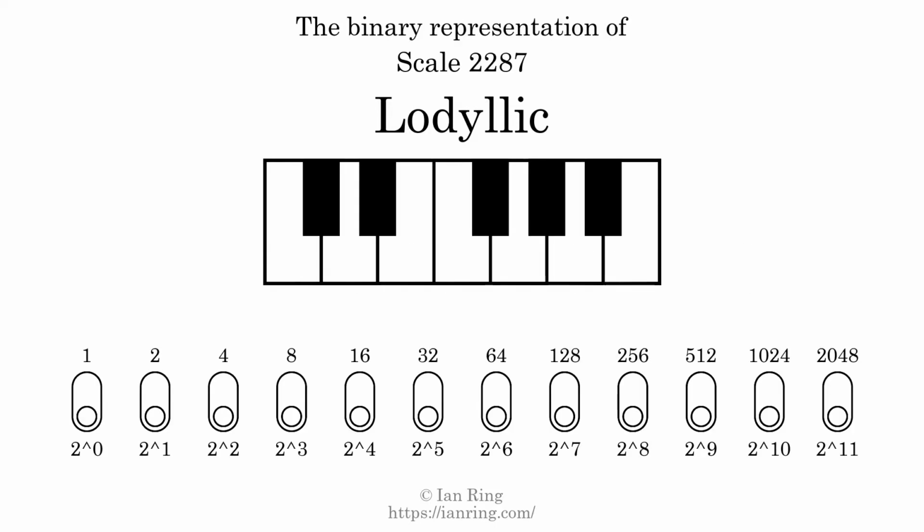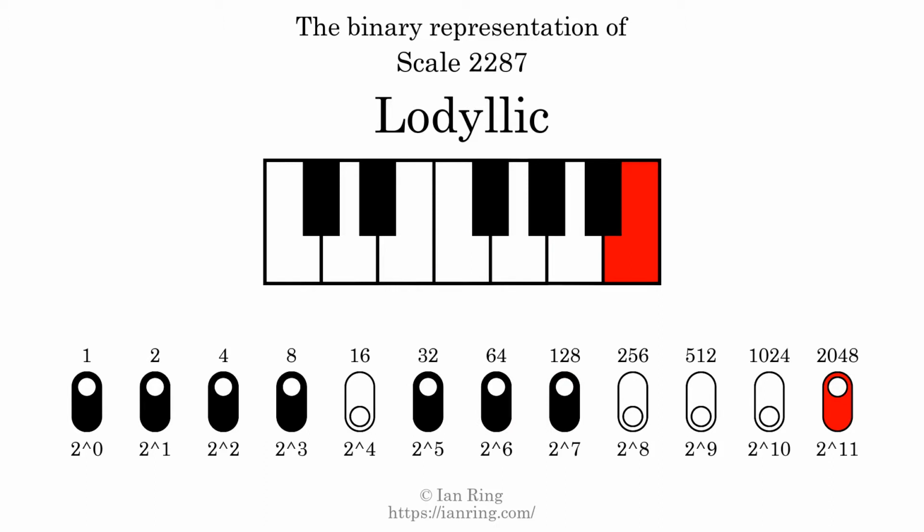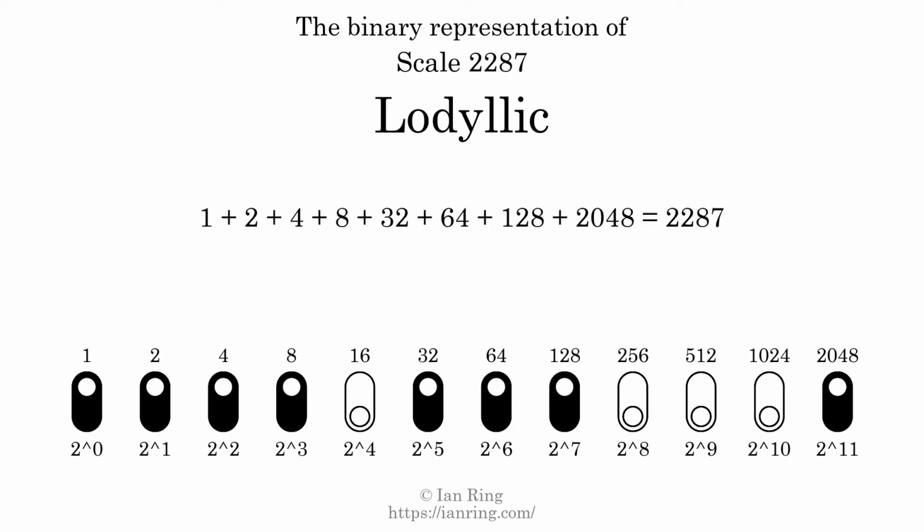The binary representation of this scale is determined by mapping tones of the scale to binary digits. Each binary digit represents a power of 2. To get the scale number, we add the powers of 2 together. The powers of 2 that are present in the scale, all added together, equals 2287. That is why the scale number, in decimal, is